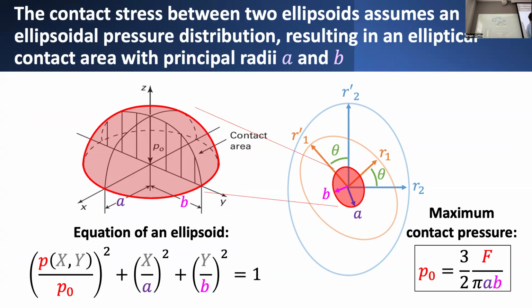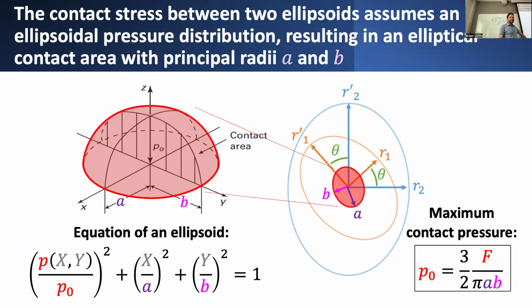And in general, this ellipse won't necessarily be aligned with the principal axes of those two bodies coming into contact. It'll have its own distinct set of axes that might be pointing in different directions. But if we wanted to know the relative maximum contact pressure, assuming we knew what the pressure distribution looked like, assuming we knew the maximum force, and assuming we could characterize or measure these principal radii, A and B, well, we can do exactly the same thing, just integrate over this assumed area,